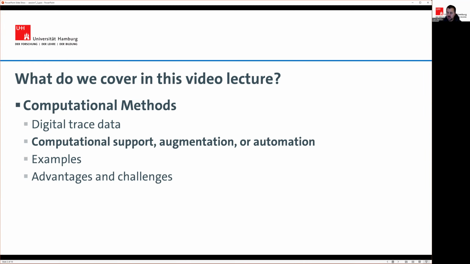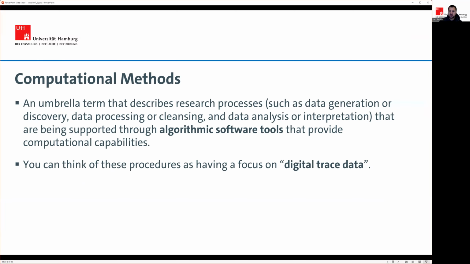Just as a refresher, as an overview, with computational methods, we mean methods that support or carry out research processes such as data generation, discovery, processing, cleansing, analysis, or interpretation through algorithmic software tools that provide computational capabilities. And if you contrast computational methods to other methods for doing research, such as empirical methods,